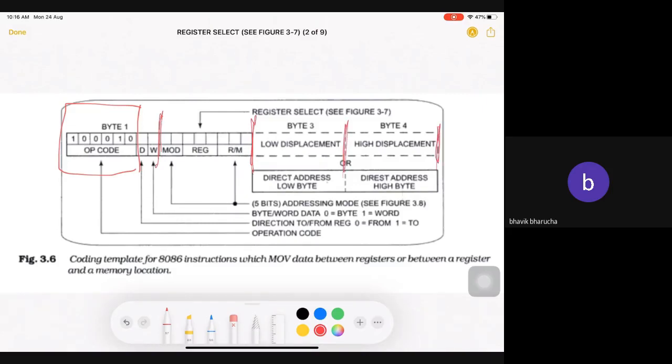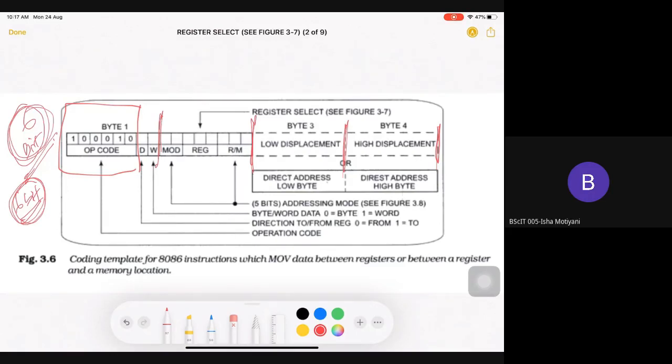For all MOV instructions, the opcode will be 6 bit, so your first 6 bits are used for the opcode. Now you need to remember this opcode for each instruction. We don't believe in mugging up, so you can write down anything. In exams, if someone asks you to convert the below instruction into binary, you simply write that 6 bits are for the opcode, and I am assuming my opcode will be this, and that will work. What is important is that you know 6 bits are occupied by the opcode value. Clear? Yes, sir.